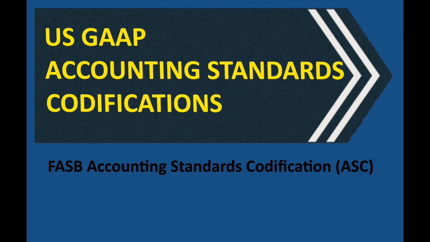Oh, absolutely. The codification includes both subtopic-specific glossaries. You'll find those in section 20 of each subtopic. And then there's the master glossary. It's comprehensive, all the defined terms in one place. But the FASB really emphasizes that when you're researching a subtopic, you should always start with the glossary that's specific to that subtopic. So don't jump straight to the master glossary. Why is that? Well, sometimes you'll find the same term in both, but there might be subtle differences in the definition depending on the context. Context matters, even with definitions.